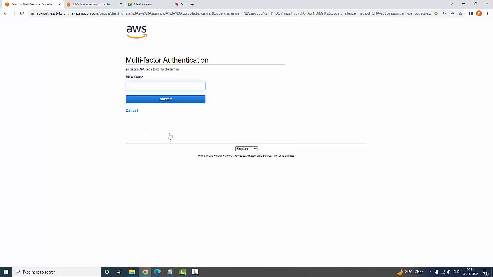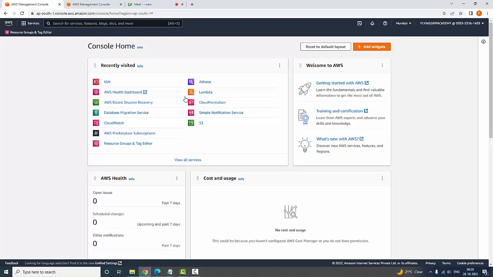Now I am getting signed in. Here you can see it is asking for MFA. MFA will be sent to the particular user who has signed in. So now I am going to enter my MFA code so that I get signed in. Admin has assigned the MFA and the user has entered the MFA, so I have entered this particular IAM. So now by using IAM, I have entered MFA, I have created a user and I have